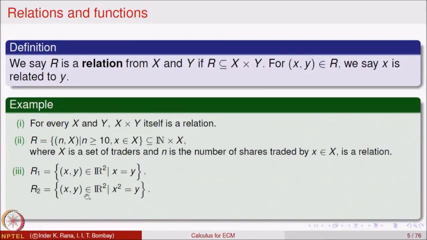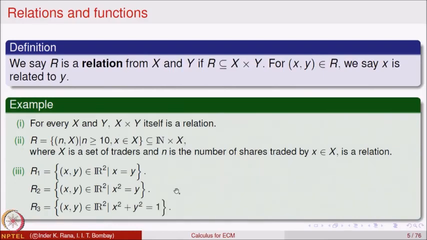Okay. Let us look at another relation, x comma y in R2. That means, in these sets X is equal to Y and equal to R. So, X and Y are same sets. So, we are looking at the Cartesian product of R with itself. This is also the Cartesian product of R with itself, and the relation is x is related to y, right, x comma y belongs to R2 if x square, the square of that number, is equal to y, right.